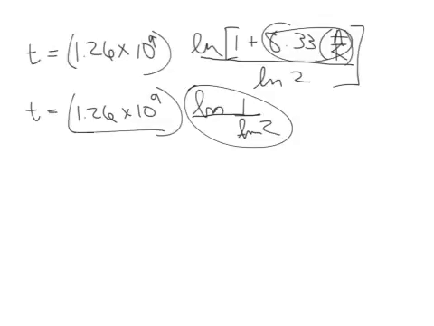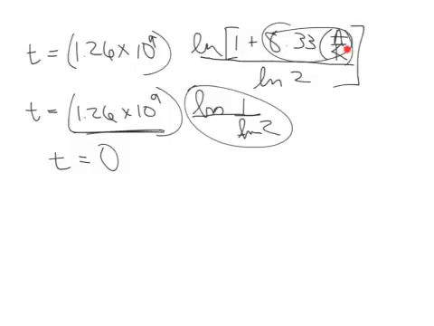So we take this times 0, because ln of 1 over ln of 2 is going to give you 0, and the reason you get that is because the ln of 1 is 0. So 0 over whatever ln of 2 is going to be 0. So this cancels out to be 0. 0 times this is 0. So the age of that particular rock is 0. It's a brand spanking new rock. Okay? So if you go and you do part B